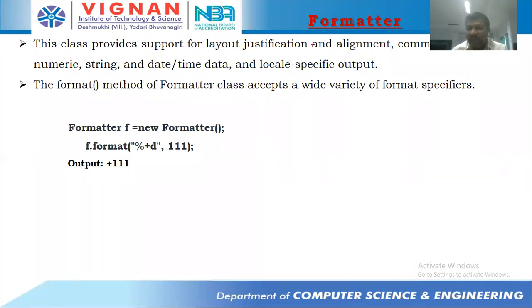We can specify valid characters. We can specify invalid characters. A to B, we can specify. A to Z, we can specify, and those things we can read. If you get any other thing apart from that, it won't be read. Like that, the things will be there in C language. The same way, Java is also providing formatter.